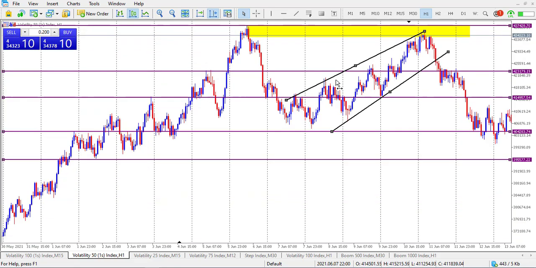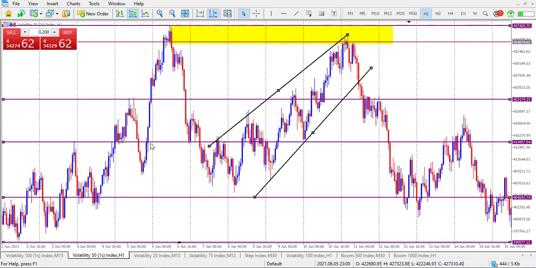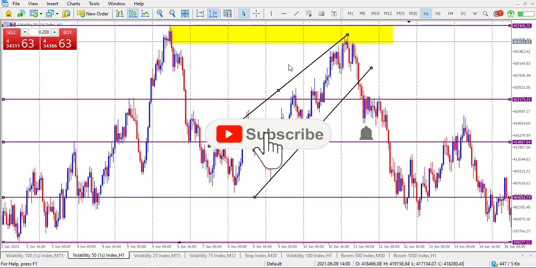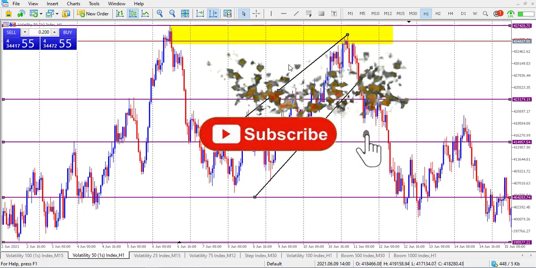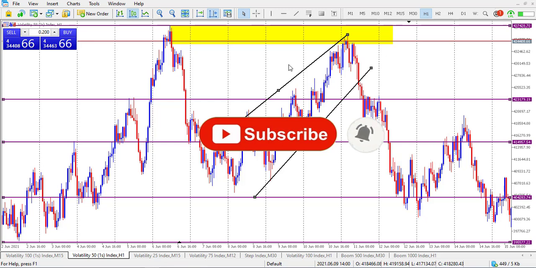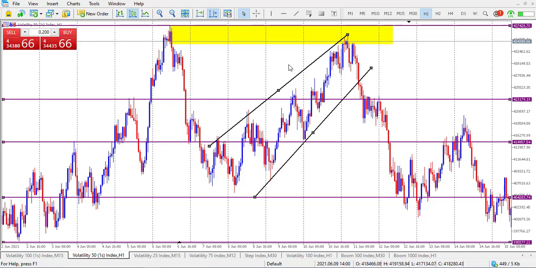This is the place to be if you are a trader who is looking forward to grow and understand price action. So today we are going to talk about a very interesting topic: the market structure of volatility indices. How you can master the market structure, how can you master the price action of these indices. So if this is something you are looking forward to, watch till the end and see how to actually trade